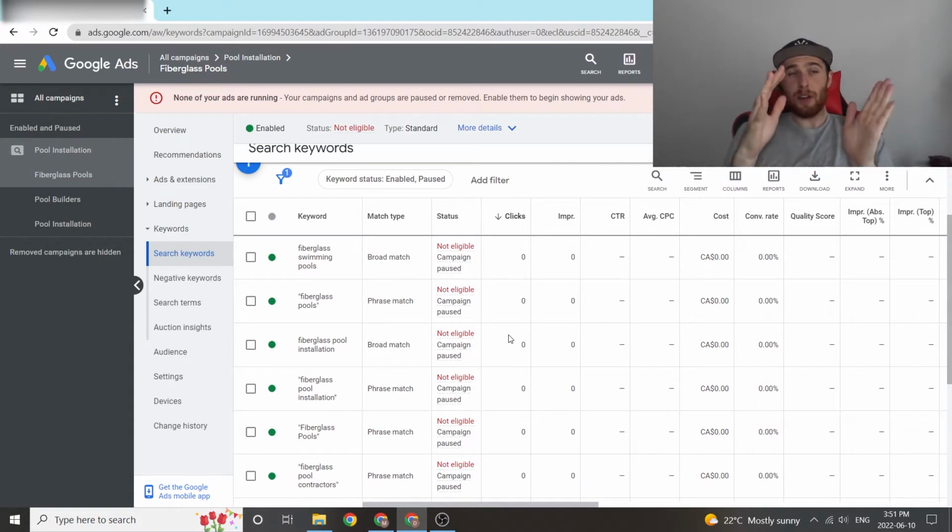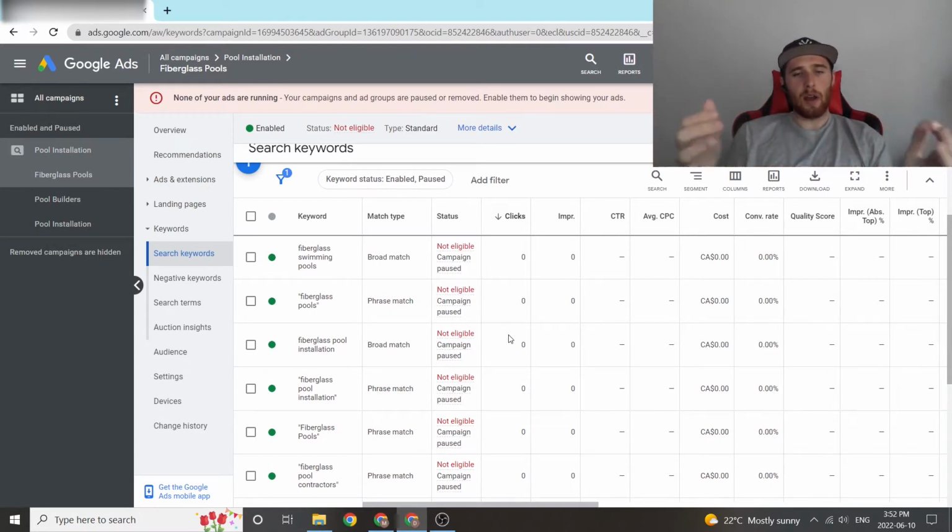Now, this was very, very good practice for a very long time, up until right around 2015. That's when things changed. Google's AI had gotten a lot better. Automated bidding strategies were starting to outperform manual bidding strategies just because the AI had more data than the average account user in Google Ads, and it could make better decisions overall. Single keyword ad groups kind of died out, and right around this time they no longer became best practice. Most people were seeing better results with automated bidding strategies, using phrase match, using broad match, especially in e-commerce.